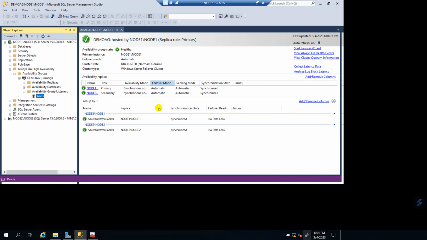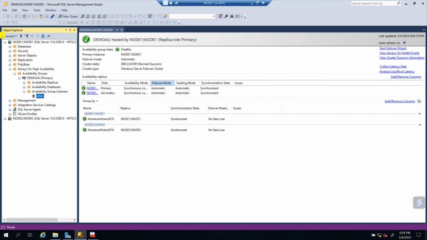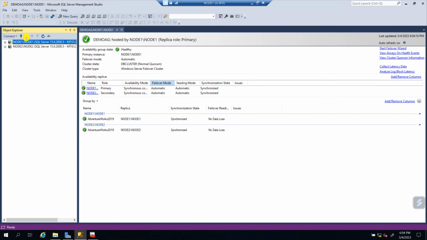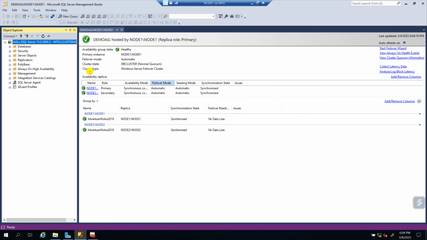if we go back to our availability group, we can see that we just created our listener and everything looks good. So if we try to perform a connection here, say connection, and then you can provide just the listener name, AGLS. You should be able to connect, and it always connects you to the primary. How do you know that? If you expand here, the availability group, you see that it's connecting to the primary